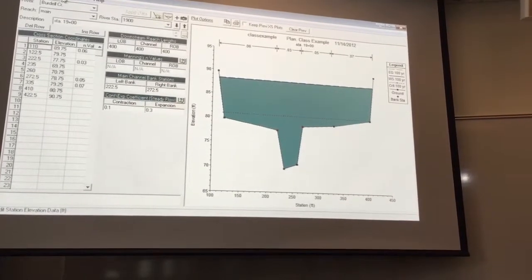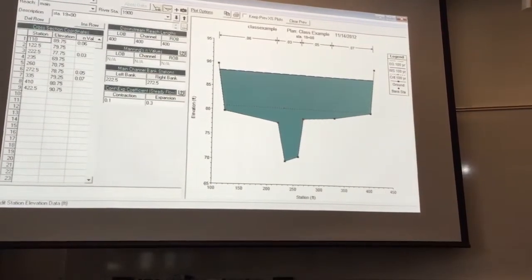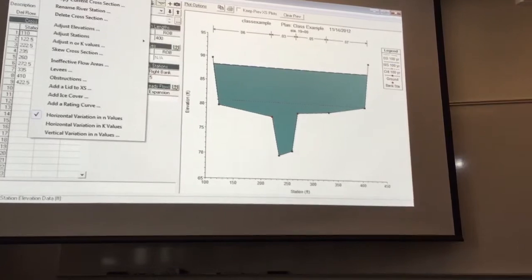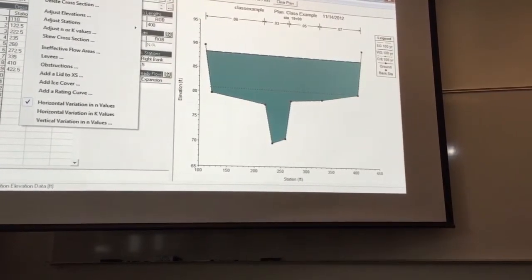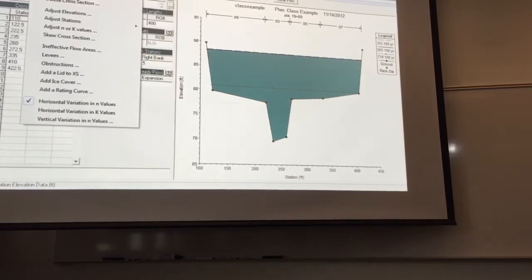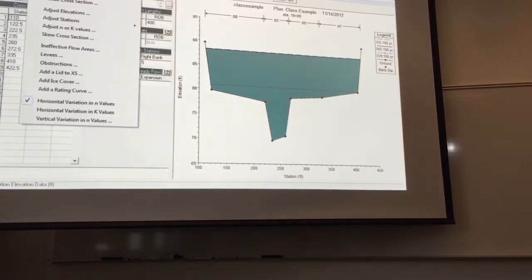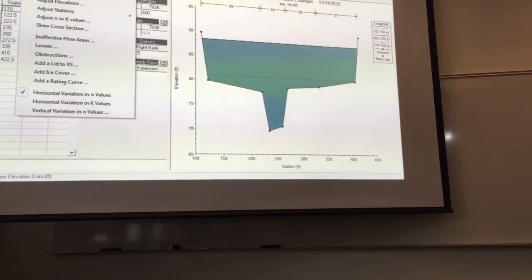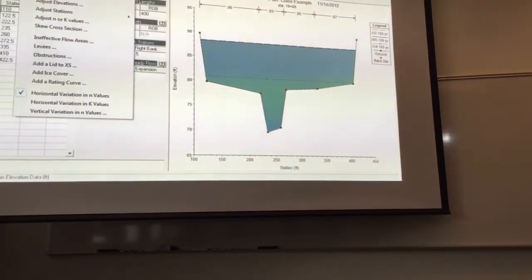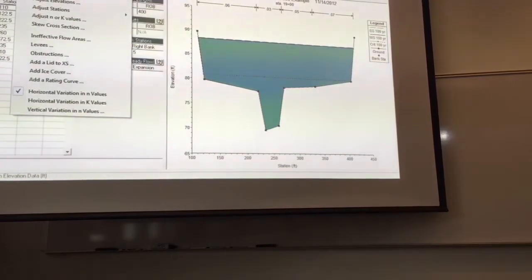To actually enter the cross section, I've already got it entered, but to enter it, you go to options. See that? And add a new cross section. You can also copy the current cross section downstream. I'll come back to that. You can delete cross sections, you can adjust elevations, but